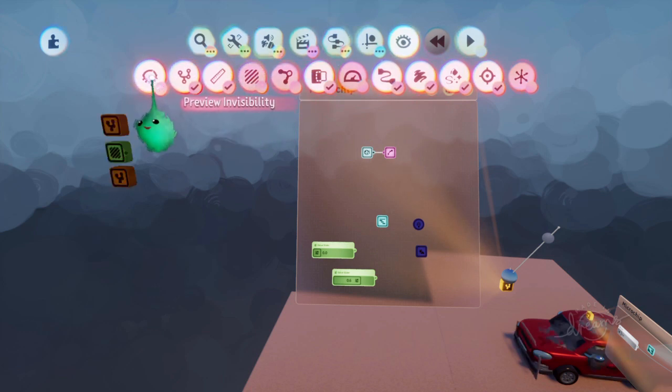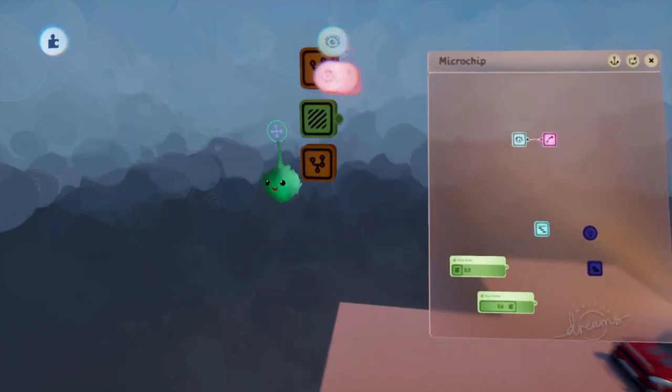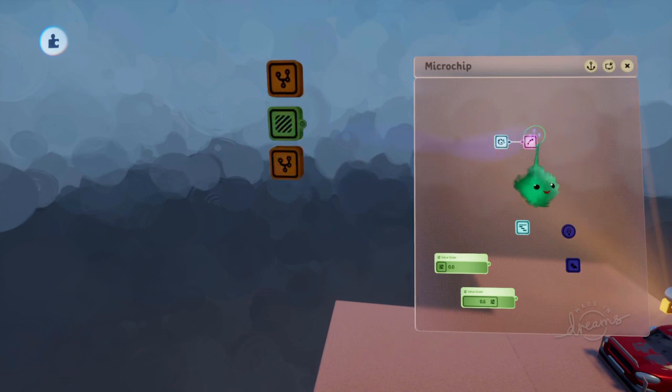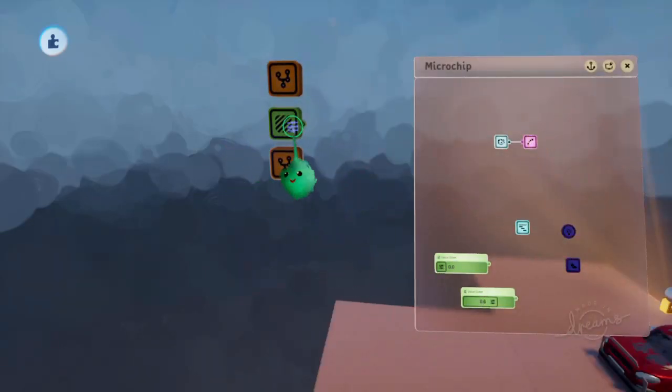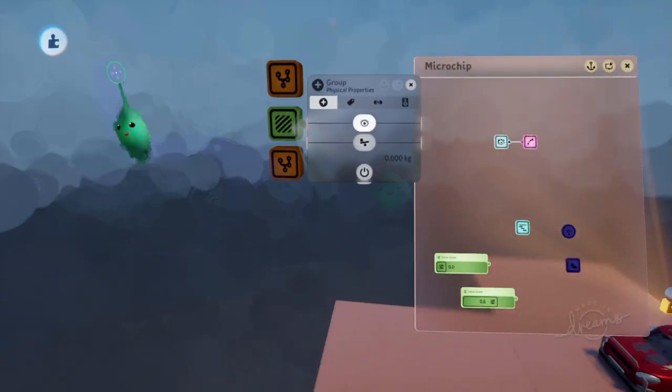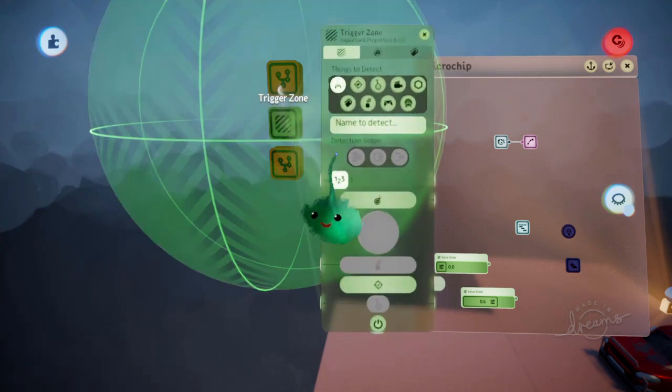If we turn off preview invisibility, this is the original object that is linked to the emitter. When we clicked on that and linked it up, it turned off the original, so that it isn't active in the scene, but we can still see it and edit it. So if we tweak the trigger zone